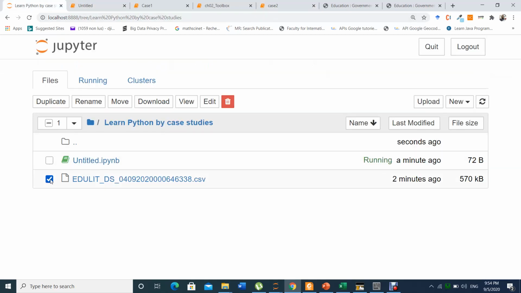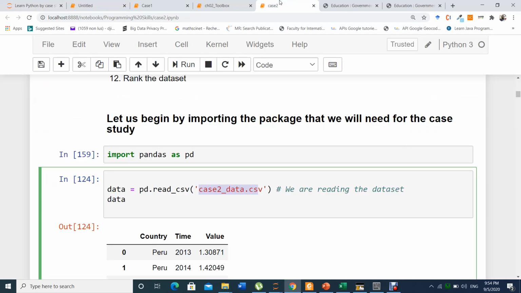I just rename it to this data so that it will be easy to call. You can leave it like this, but you need to put exactly the same name. And now we call it.